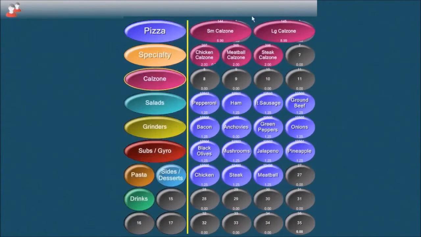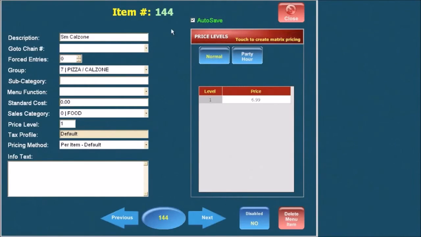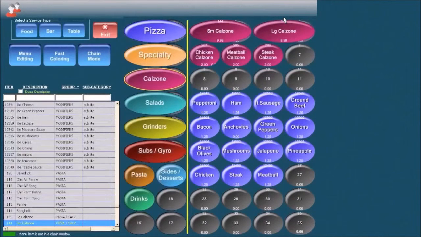All I did was go to my category, click on the button, which brings me the edit screen, and change my price. Let's say $9.99. And that's it. My calzone price is now changed. When I go back to the order screen, you'll see that as well. Okay, I want to show you how to add a menu item. So I'm going to go over here to Menu Editing, New Menu Item,